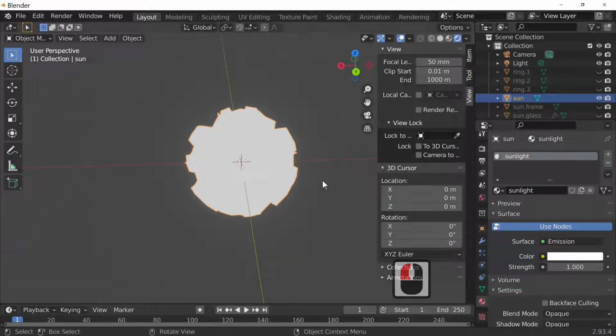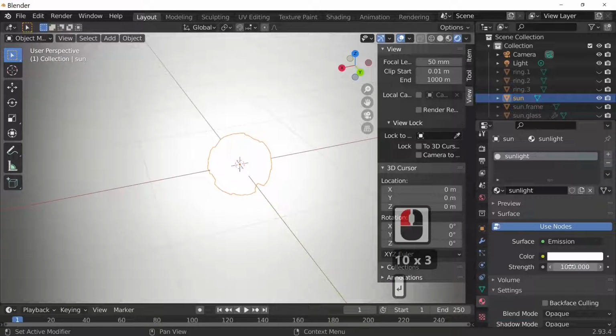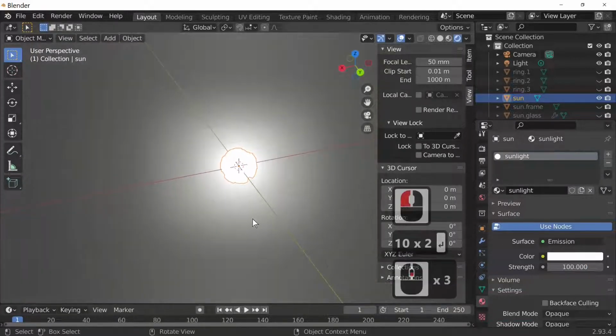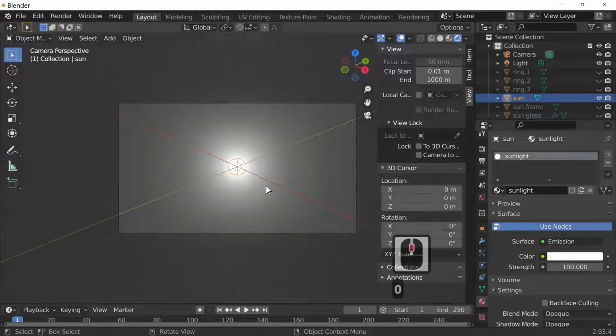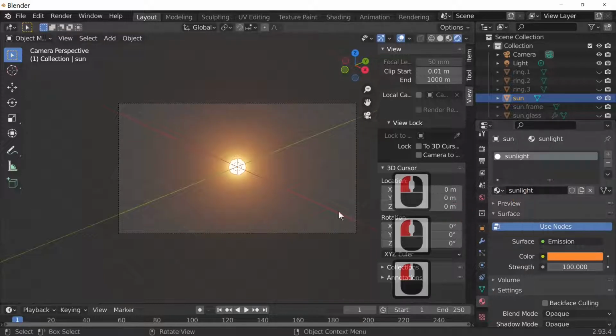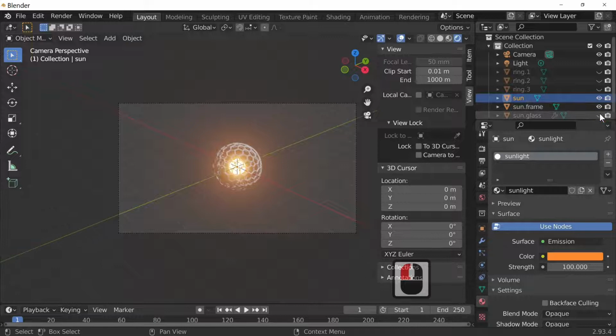So select an emission. Because we've actually got bloom enabled now, if we were to set this to 100 or 1000, as you can see, yeah, 100 might be enough. This will make our bloom in our scene, and that will make our sun. It's up to you what colour you want your sun. You could have a white sun, I suppose they exist. I'm just going to make it like a sun colour, and then we'll make the frame reappear, and then we'll make our glass reappear.